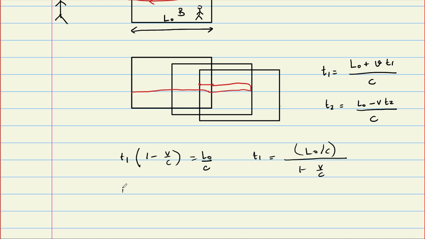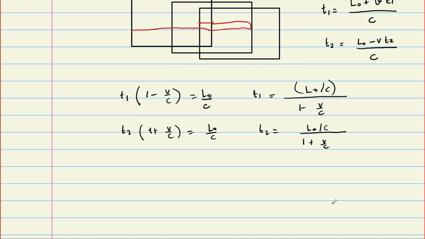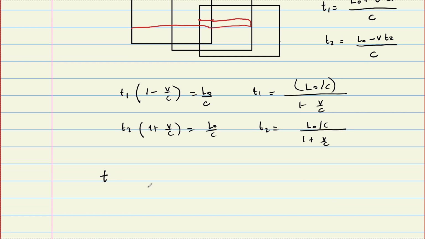And similarly, T2 times (1 plus V over C) is equal to L naught over C, and T2 is equal to L naught over C divided by 1 plus V over C. Good. But we want to calculate the total time. T, without naught, is the time according to observer A, and it's going to be T1 plus T2, which is equal to